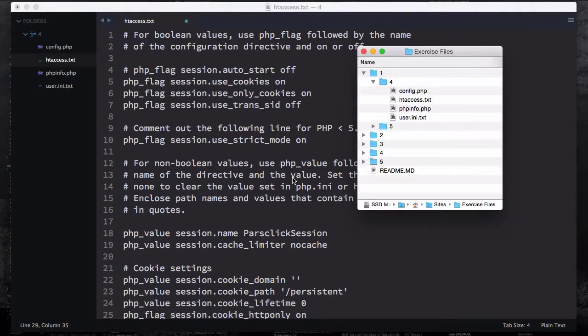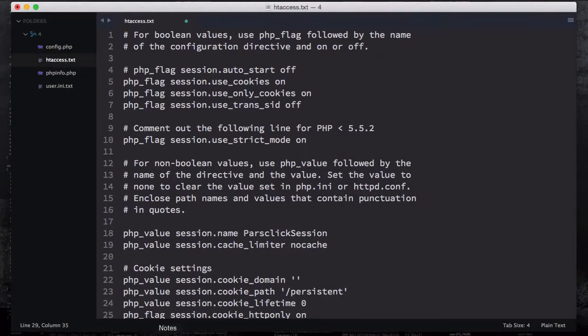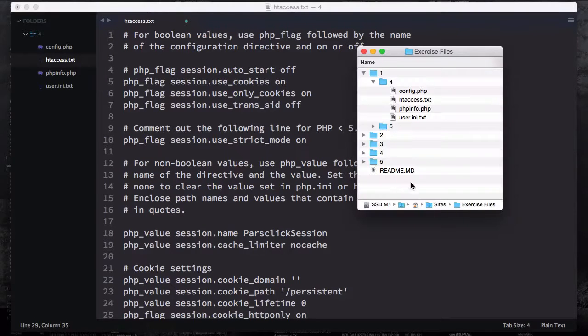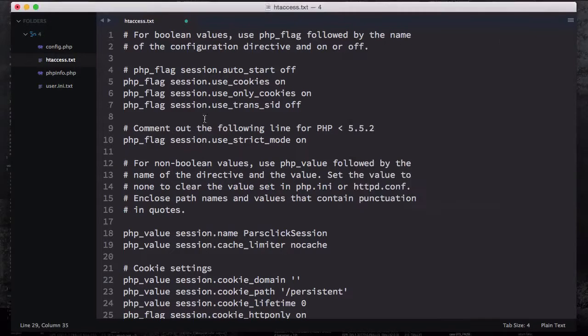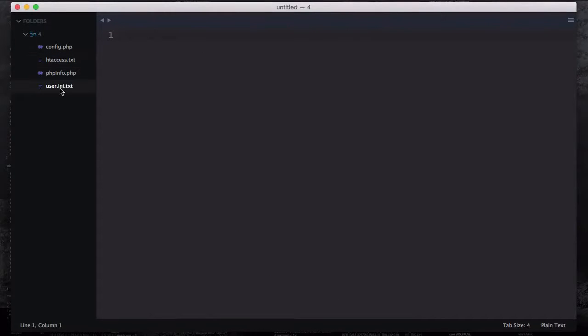This is one of the options. But if you're using an IDE, you can pretty much rename it. But notice that we don't see any htaccess, even though we have it. As I said earlier, .htaccess files are hidden. So anytime you want to have a look at those files, you can issue the command ls -la to list all of your files, even hidden ones. So let's go to the next option, which is